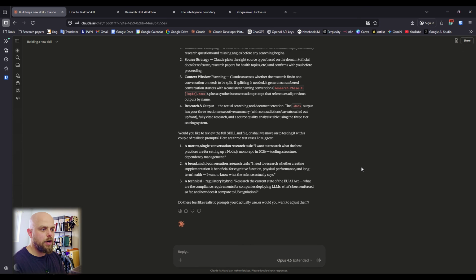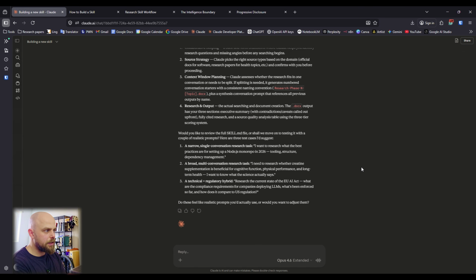One conversation window has a defined context window max. If you exceed this context window, the results will degrade. When you're doing a broad research, let's say you're researching multiple supplements and how they affect each other, each supplement itself can easily max out the context window. You just want to make sure that you split a research into smaller pieces which fit inside one conversation. When each stage is completed, the last conversation is going to bring all of the research together and